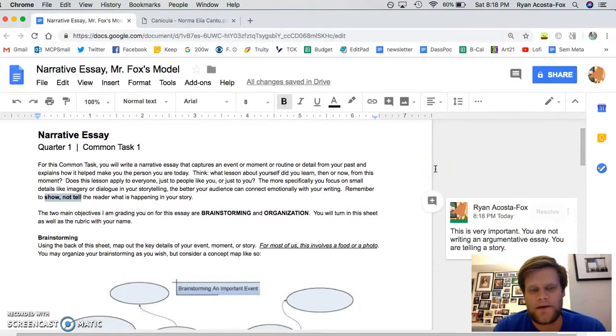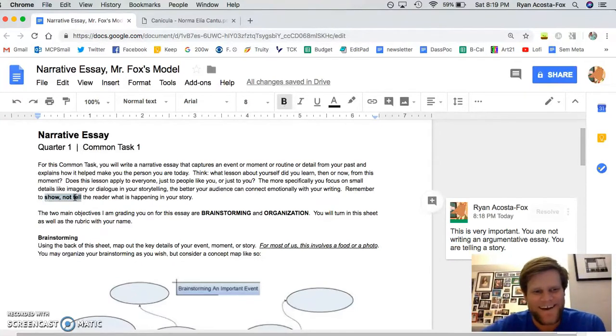You don't have to worry about a 5-paragraph essay, an intro with a thesis statement at the end, right? Because that's not as interesting. It has its purpose, but it's not as interesting as when we get to tell stories. So that's what you're doing in this essay. You're going to show the reader rather than tell them the lesson. You might mention the lesson at the end after you've made it abundantly clear, or you need that one moment, kind of like Chang-rae Lee does in Mangia, where he drops the lesson of the story in, but it's the only time he says it, and that's why it's more powerful, because it's the only time that it's there.